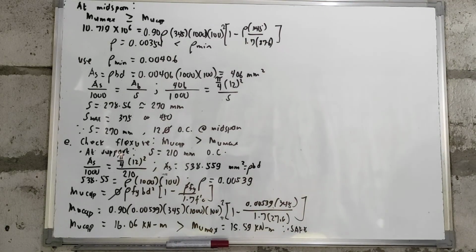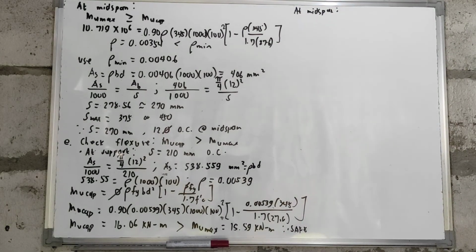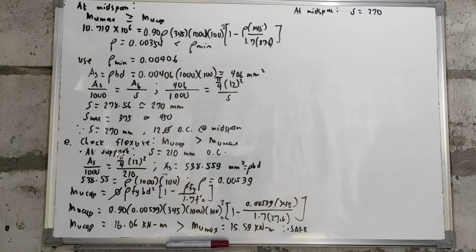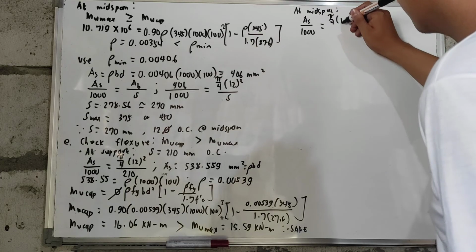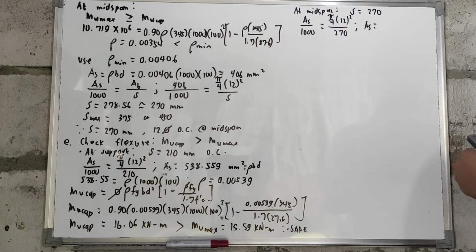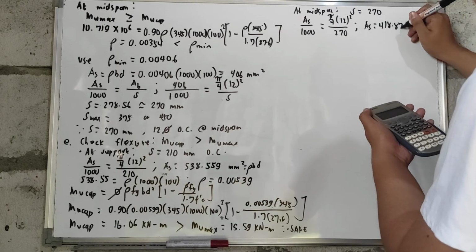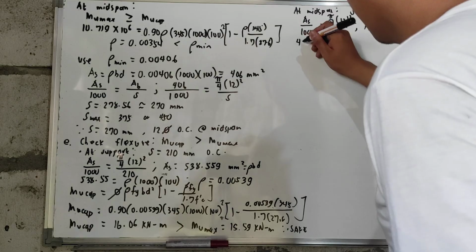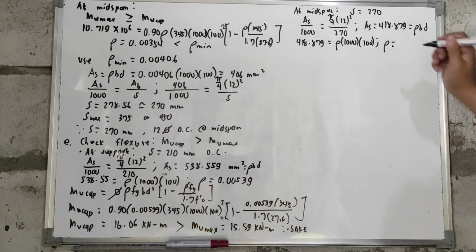So, tingnan naman natin kung safe ba tayo at midspan naman. So, at midspan, ganun din naman yung magiging response natin. So, meron tayo ditong spacing which is equal to 270. So, magbaback solve lang tayo para makuha natin yung actual steel reinforcement. So, yung area ng isang bakal, that is pi over 4 multiplied by 12 squared over 270. So, the value ng As natin, that is equal to 418.879 mm squared. So, that is equal to rho BD. So, this will be equal to, so, meron tayong 418.879 is equals to rho. Yung B natin, that is 1,000. Yung D natin, that is 100. So, the value of your rho will now equal